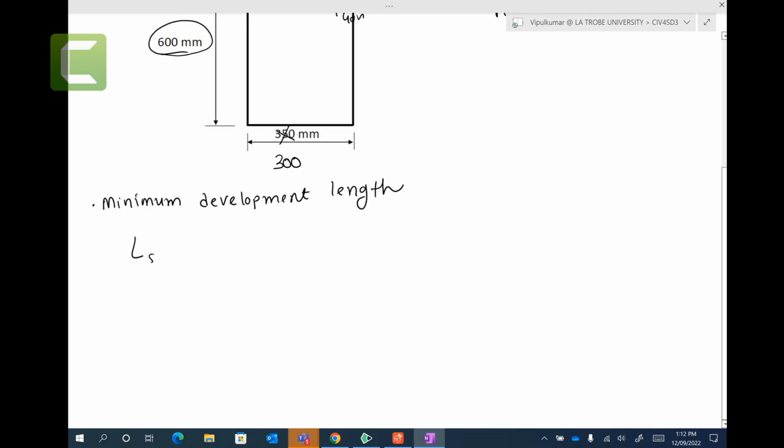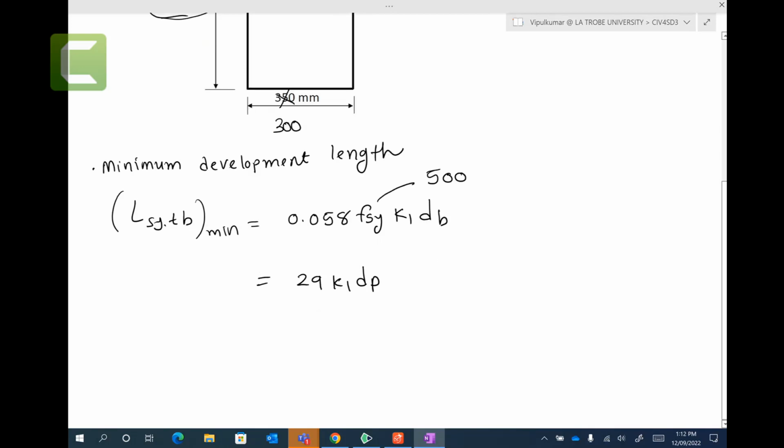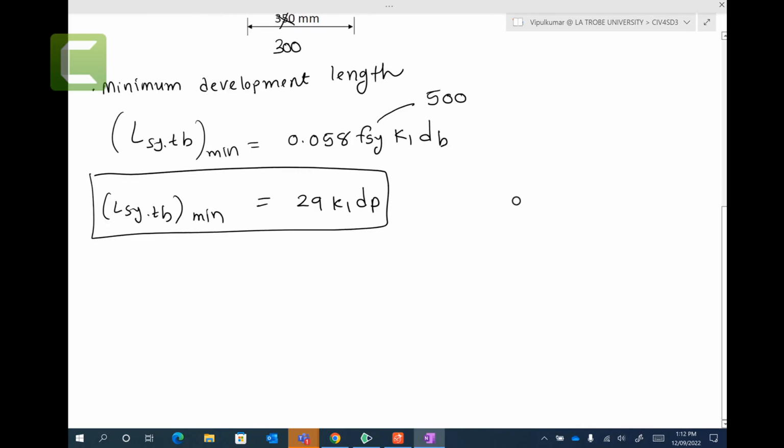Lsy.tb minimum is equal to 0.058 fsy K1 db. By the way, this 0.058 is for fsy of 500. If I put it in the calculator, 0.058 times 500, you get 29. So it's 29 K1 db. In other words, the standard just oversimplifies that, but this is just 29 K1 db. The actual real one,